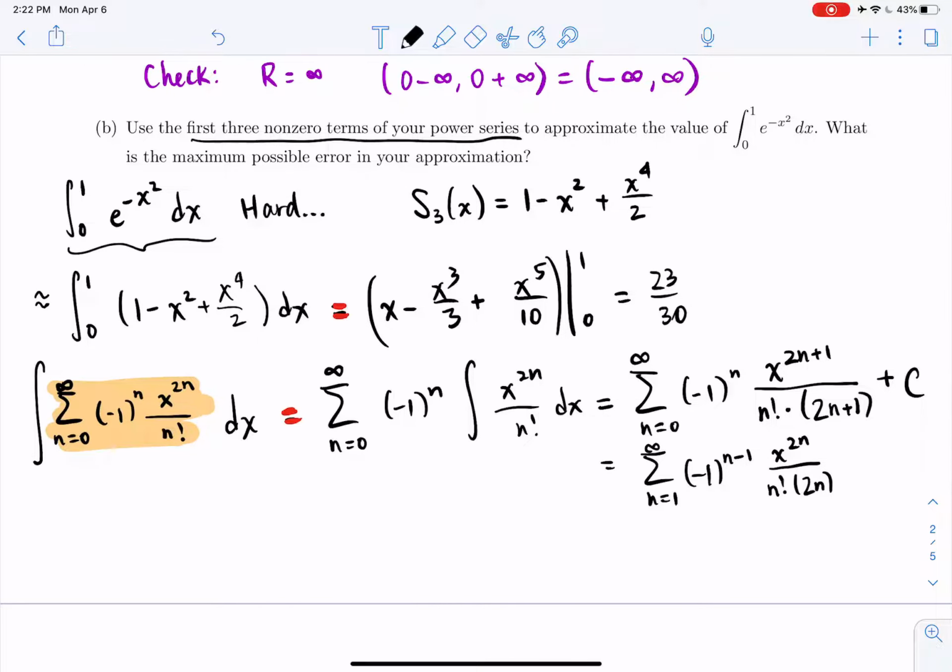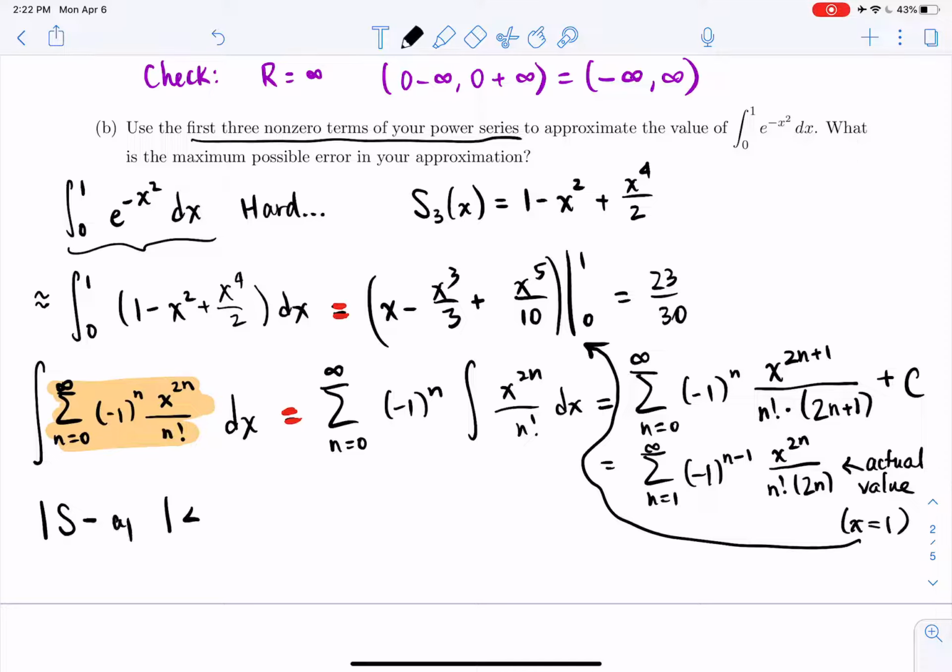All right, remember that the actual value of this, which we care about when x is 1, right? That's what we had to do to compute this little guy. The actual value of that alternating series when x is 1, let's call that S, has to be within some error. Let me write what we computed here. That has to be within some error of the next term in the sequence, which would be a sub 4, since we used 3 terms. And a sub 4